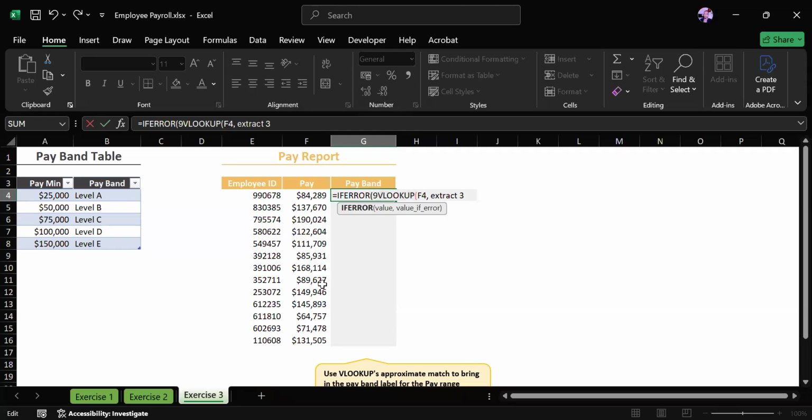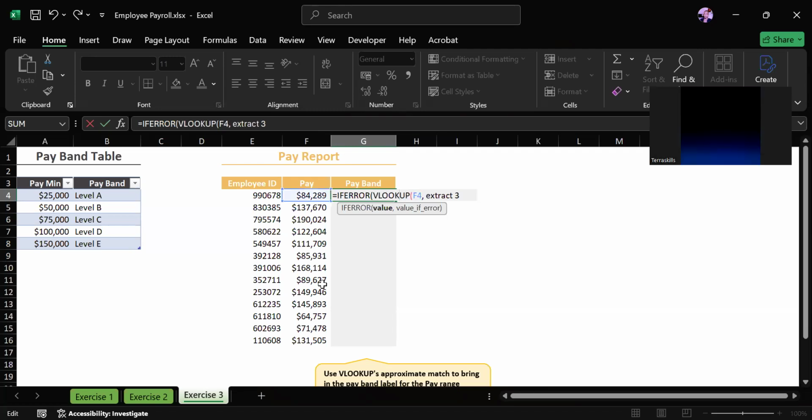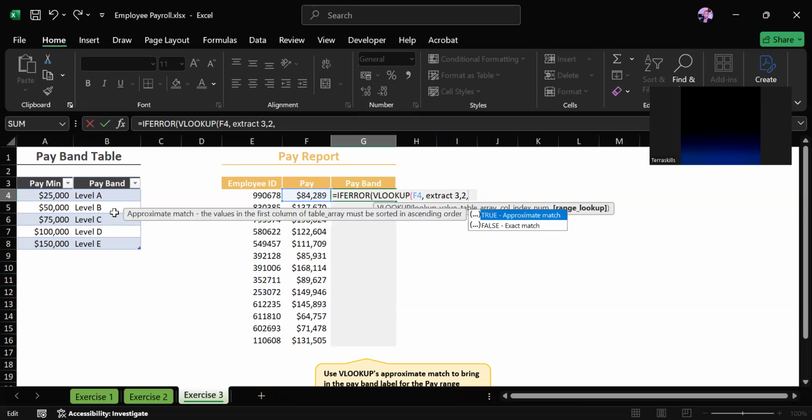I think I made an error. So our VLOOKUP table is extract 3, comma, and the column index number for the pay band is column B, which is column 2. So it's going to be 2 for the column index number, and also we want it to be instead of